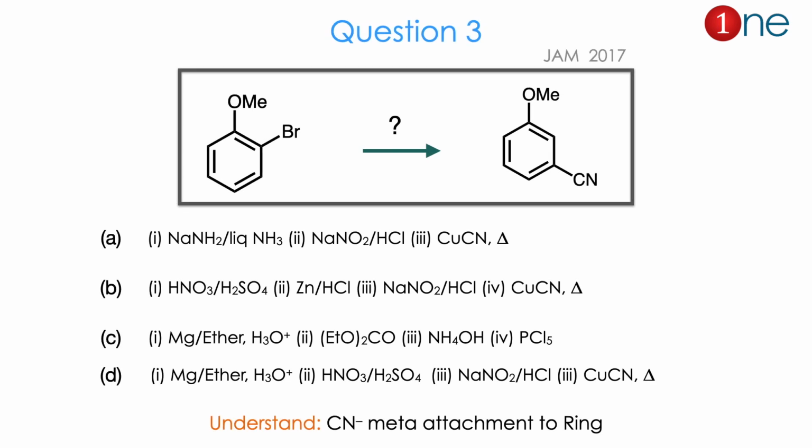Then question number 3. The starting material is anisole with an ortho bromine. The product contains a meta cyanide. So we are converting an ortho bromine into a meta cyanide. They ask you to find the reagents. Whether the reagents are sodamide and liquid ammonia, or acetate, or copper cyanide, or sulfuric acid and nitric acid, or a Grignard reagent in acidic condition. So there are the possibilities and the order. You have to guess the order of conversion because you are converting an ortho substitution into a meta substitution. From the reactant to the product, you might guess the cyanide attachment at the meta position is the real question here. The answer is A. Let us see how.